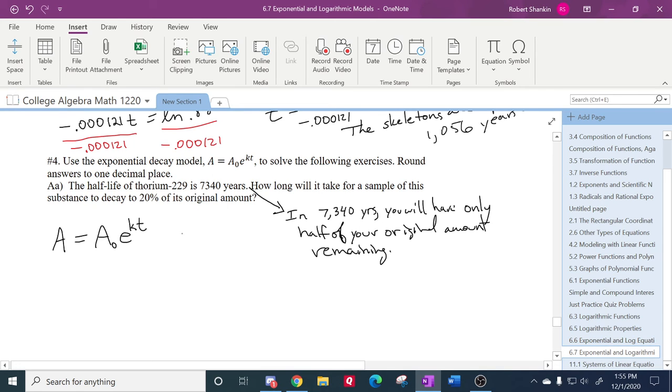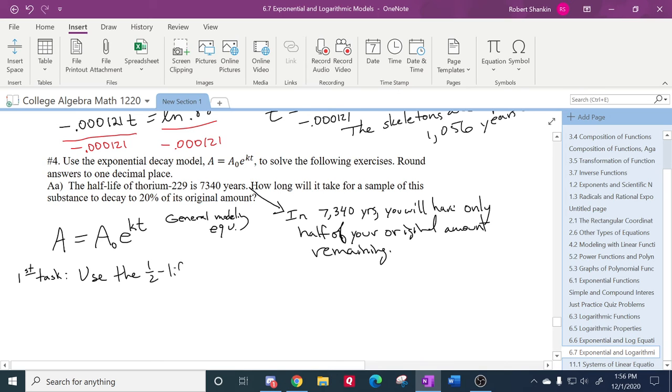Now, what's our initial task? First task. And remember we call this the general modeling equation. The first task is to use